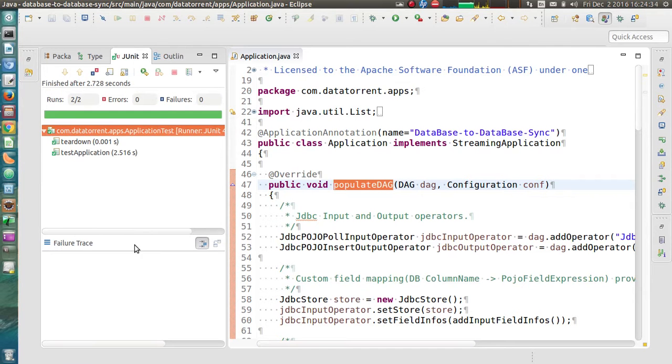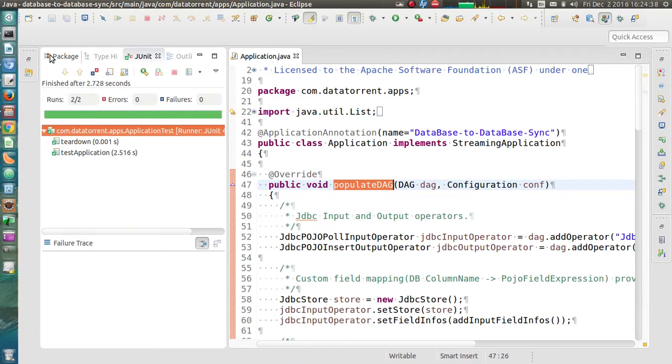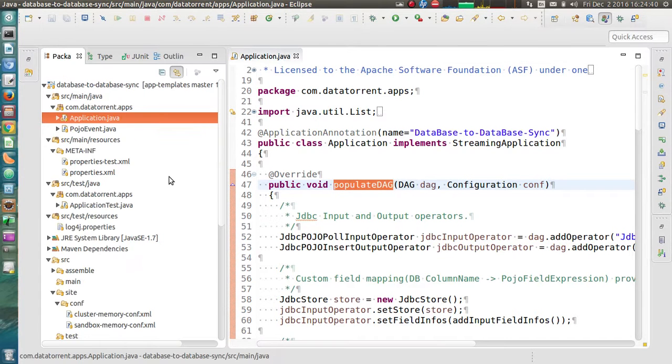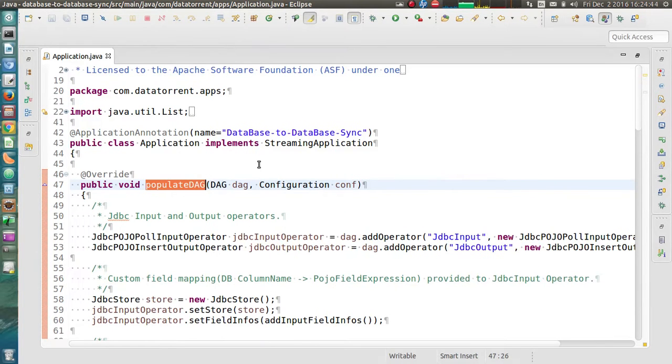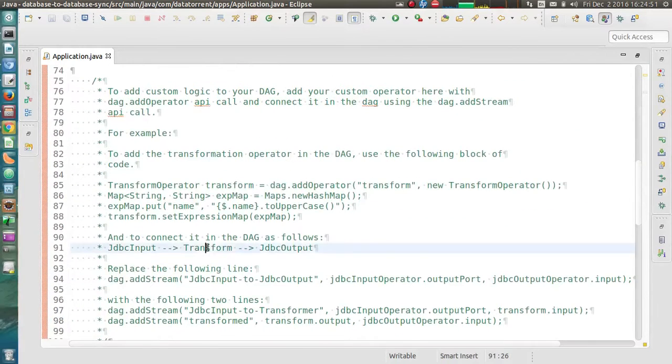As we can see that our tests are passing, which means things are good. Now we are planning to customize this application. So for that, we'll introduce one transform operator in between JDBC input and output. The job of this transform operator is to transform the incoming object